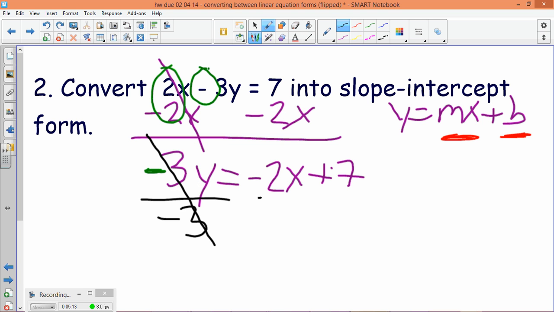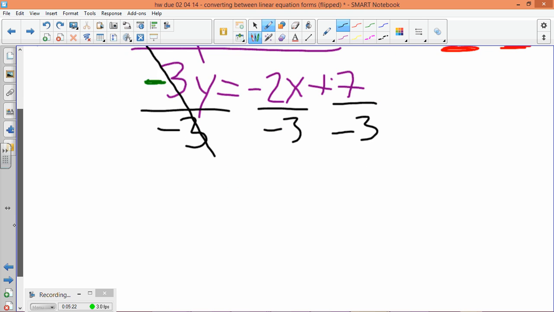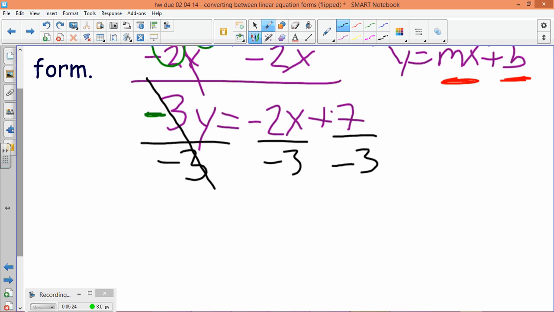And the answer is I divide everything, every single term, by -3. Because what I do to one side, I have to do to everything in the other side. So once I've divided by -3 on the left, I'm done. I have y equals. But on the right over here, I have